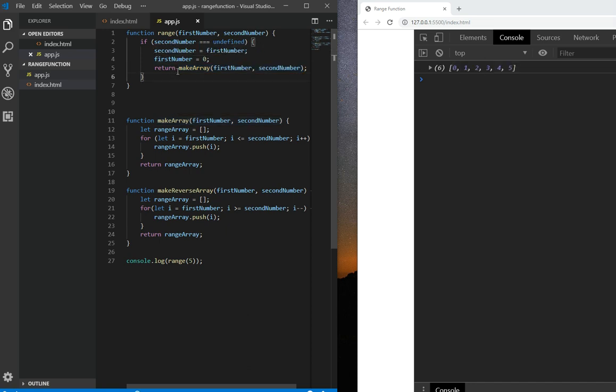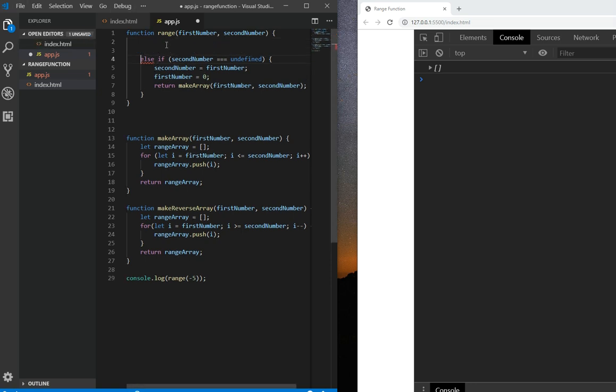What happens though if this number becomes negative, let's say -5, save? Now we have nothing again. So what I propose we do is we keep something very similar to this, but we're going to call this else if, because I want to put the most specific thing first in this function. We're going to go up here and put the most specific thing first. So if